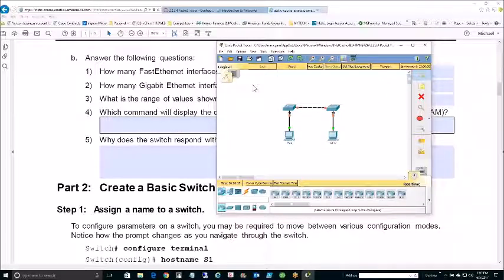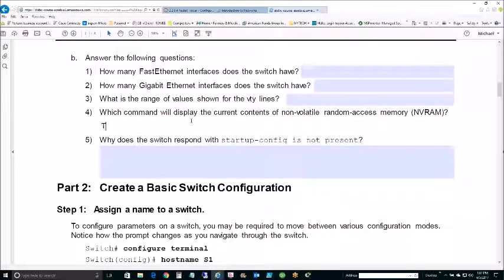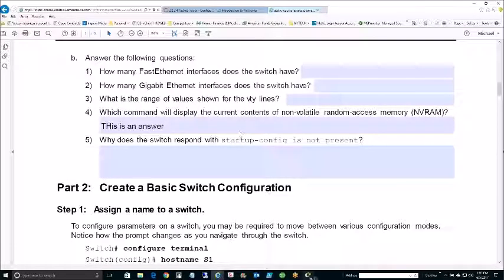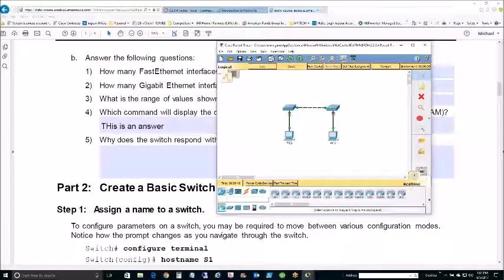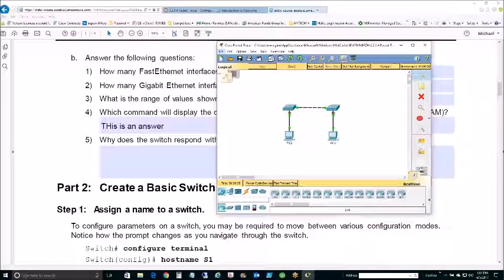So that's what there is there, and then of course, you'll save your packet tracer once you fill in the blanks. This is an answer. So you'll fill out the document. It's all filled out. You'll save it to your local drive by clicking the diskette here. And then with the packet tracer, once you've done everything that you're supposed to in there, you'll do a file, you'll do a save as, or a save, I guess, and it should prompt you to put that into your